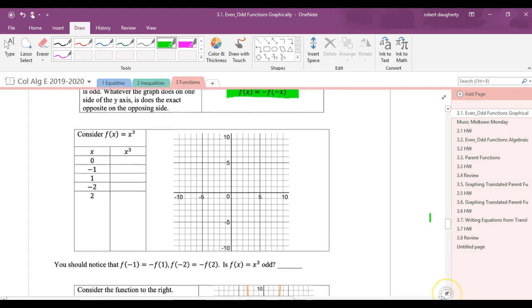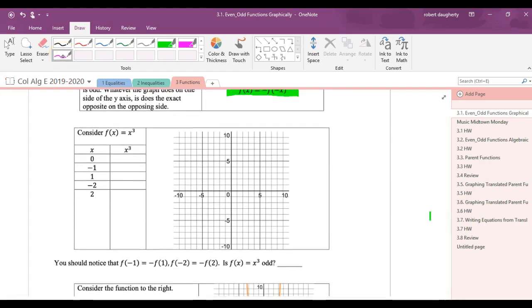So let's take a look at a graph of something. f of x equals x cubed. What is 0 cubed? 0. What is negative 1 cubed? Negative 1. What is 1 cubed? 1. Negative 2 cubed? Negative 8. And 2 cubed is 8. So if I graph these points, (0, 0), (1, 1), (2, 8), (negative 1, negative 1), (negative 2, negative 8) is right here. And so what this looks like